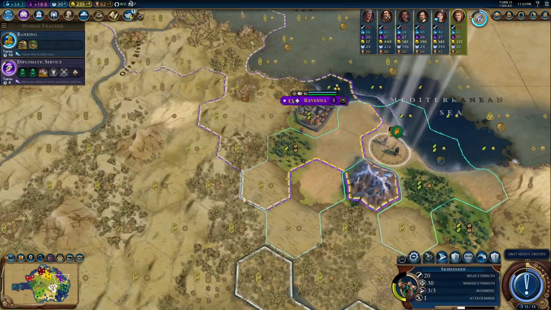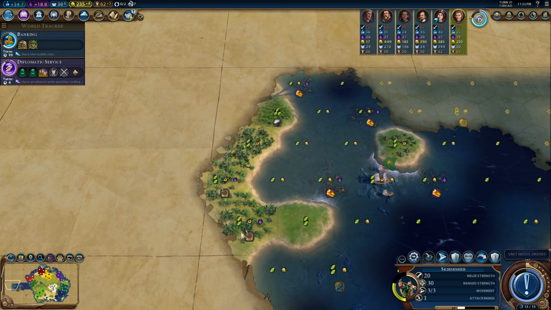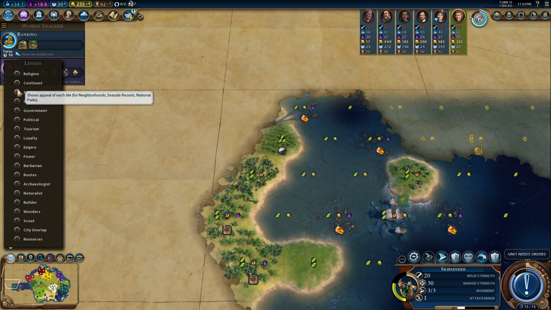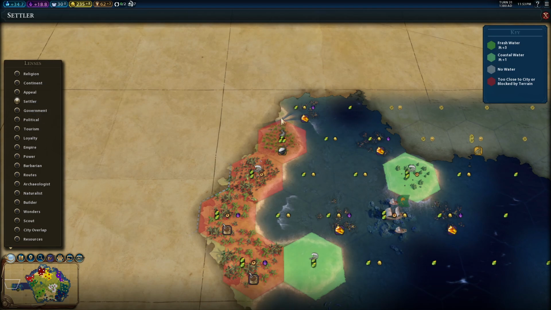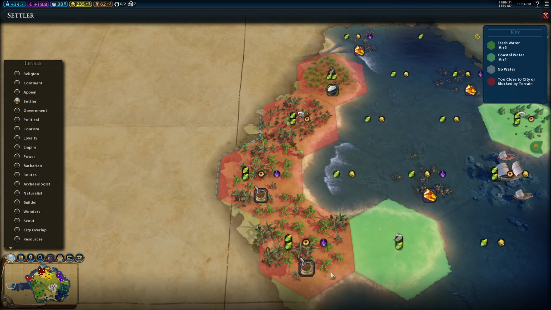Okay, we have found the continent. We found the continent. Look at this. Right off the bat, 2 coffee, amber. Now let's look at our settler tab. Okay, so there's somebody... Oh, you can see it. There's a city-state right there. So we can't...